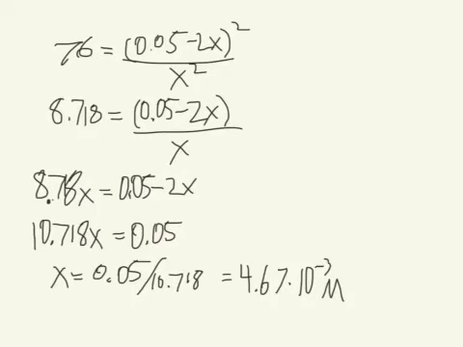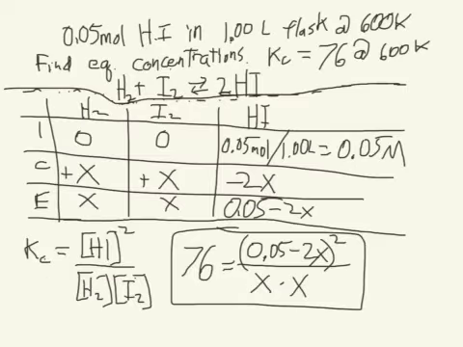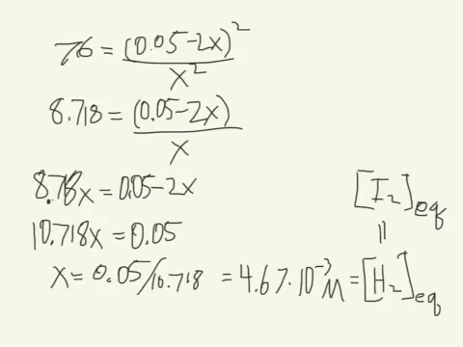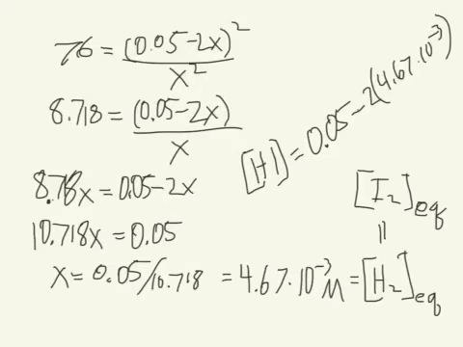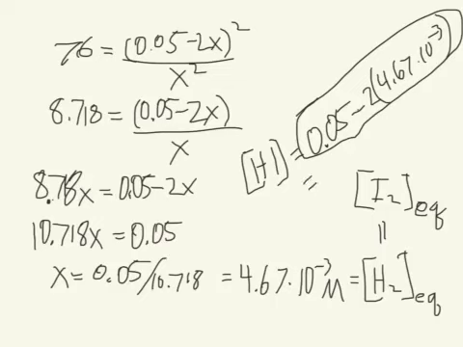actually the equilibrium concentration of the H2 and I2, because remember, we had x as our equilibrium value for both of those species. So we solved for both of our reactants' equilibrium concentration. Now we just have to get the product, HI, equilibrium concentration. And from our ICE table, we saw that it was 0.05 minus 2x, looks like that. And the value you get for that should be